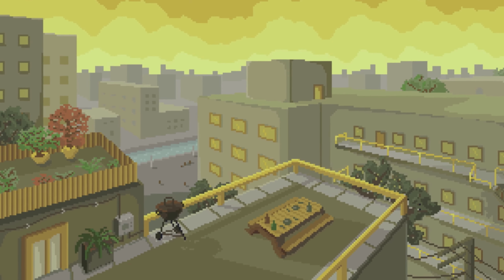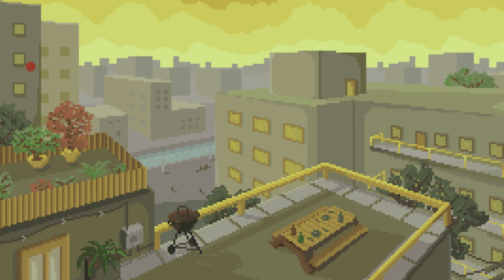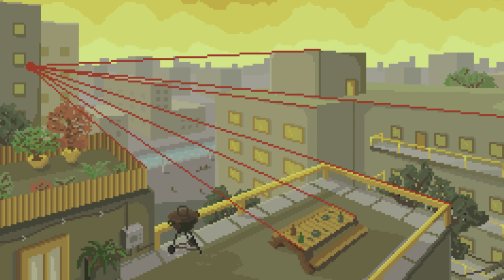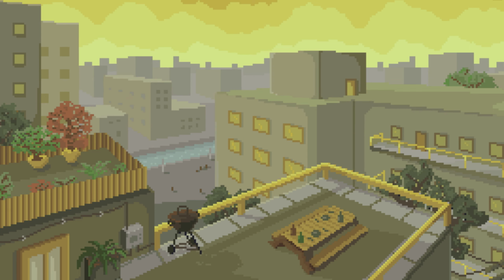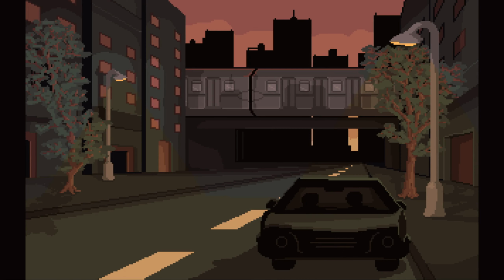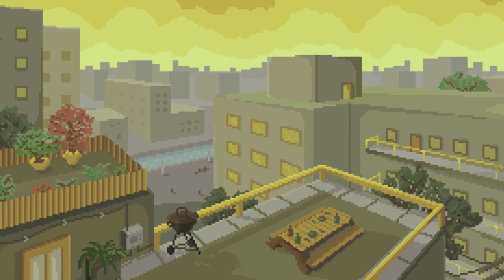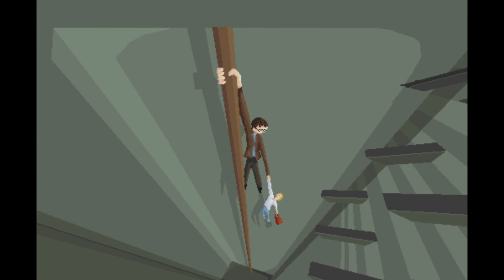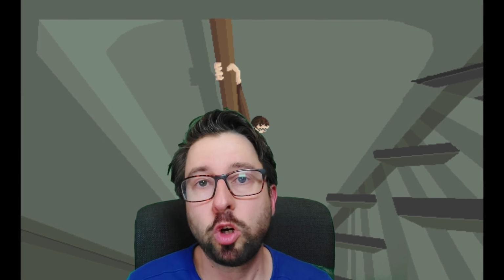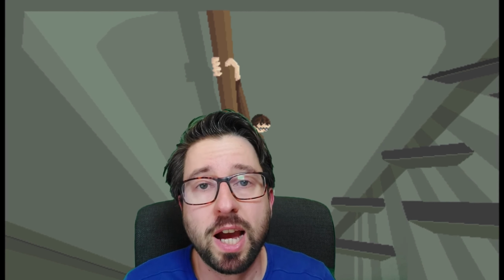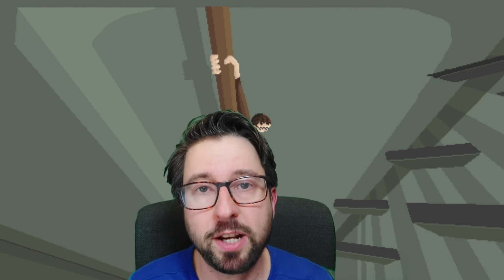So what actually is a vanishing point? A vanishing point in your pixel art scene is a point where certain lines in your image meet to create the illusion for the viewer of observing an actual three-dimensional scene. In general, you can create your image using only one vanishing point, or two vanishing points, or even three different vanishing points. Okay, but how exactly do you determine how many vanishing points you should use in your image, and also which lines exactly do meet in which of those vanishing points?